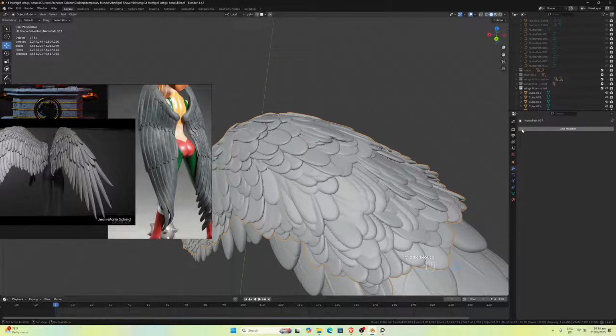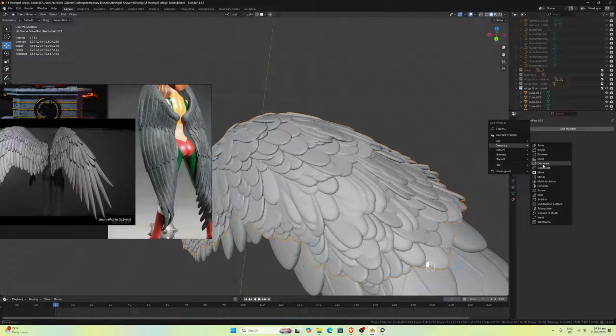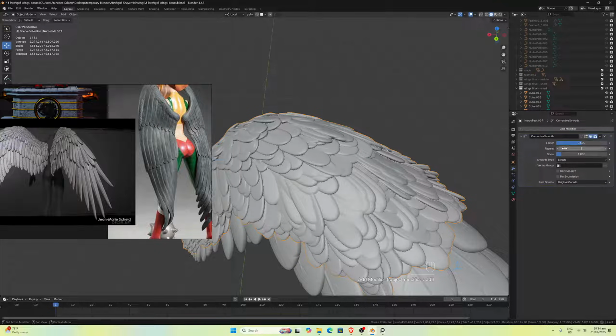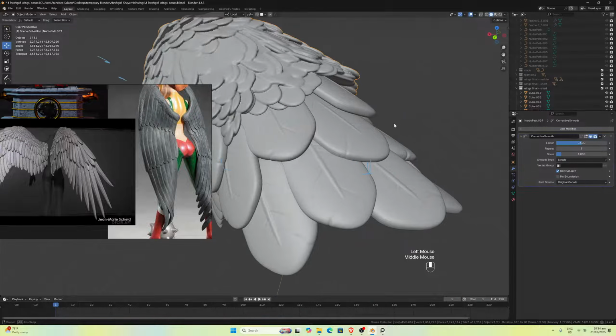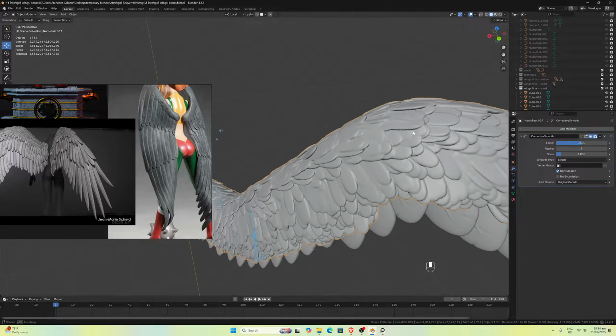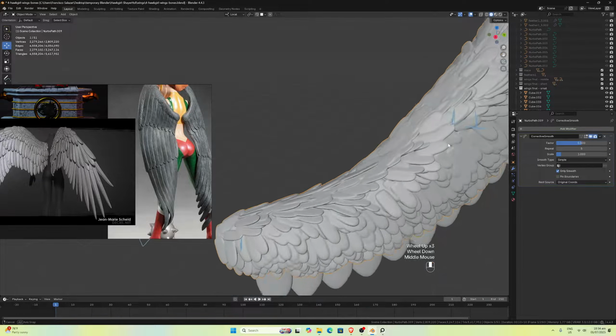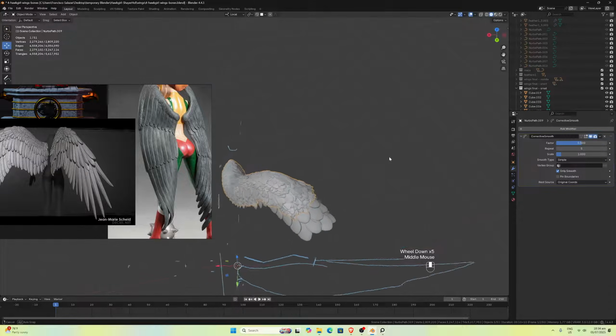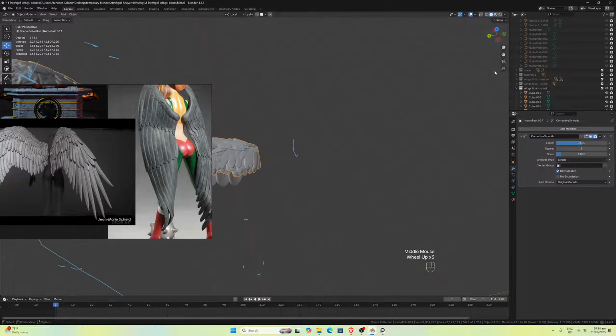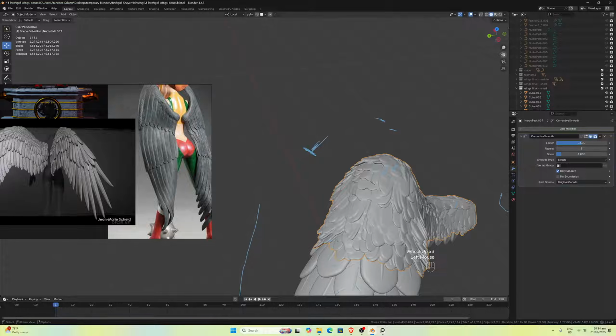So let me do this just to see what is going to be the final result. Let me come here to use the simple deform, smooth correcting, and I'm going to use only a smooth, and it fixes a lot of what we have, and I like it. So maybe we can use this,